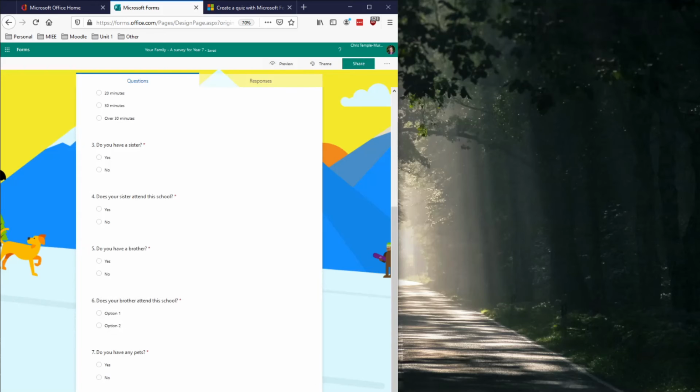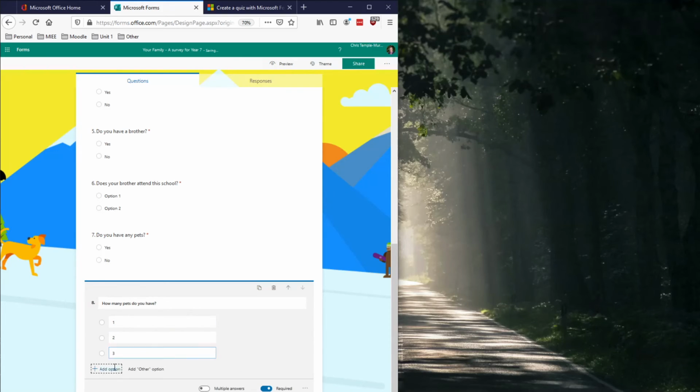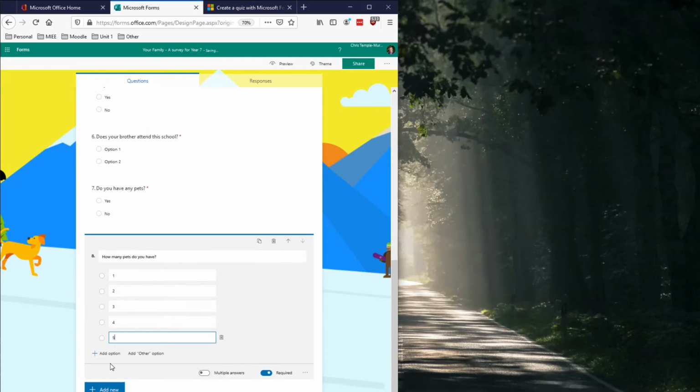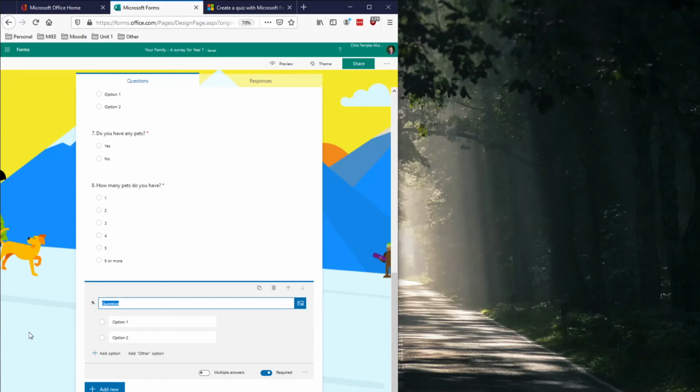We can scroll down to "Do you have any pets?" If they've put yes, I want them to answer "How many pets do you have?" And I'm going to give them options: 1, 2, 3, 4, 5, 6 or more. And if they don't have any pets, I want them to jump straight to question 9, which would be